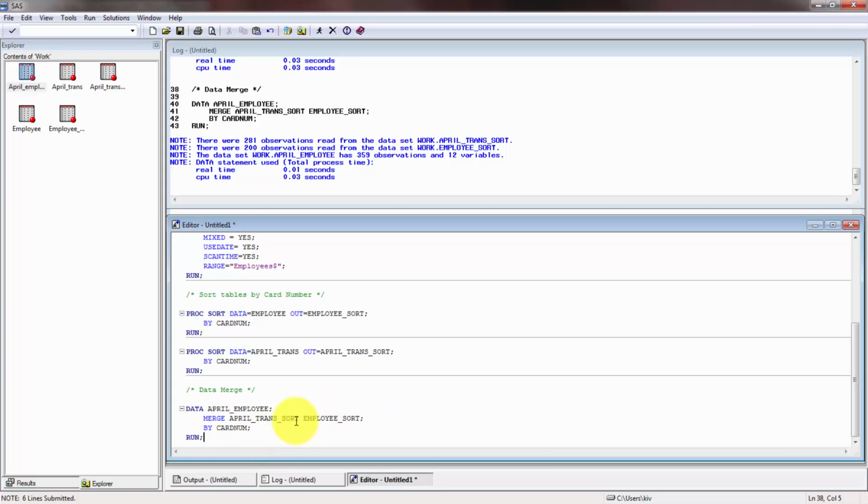So your question may be, for example, what happens if I only want April transactions that match with employees? That's a good question. So what we're going to do here is use the in option. So here I'm going to go in. I just like labeling as A, and then in as B. You can obviously make it more useful. You can say like